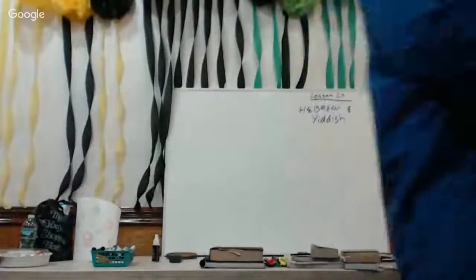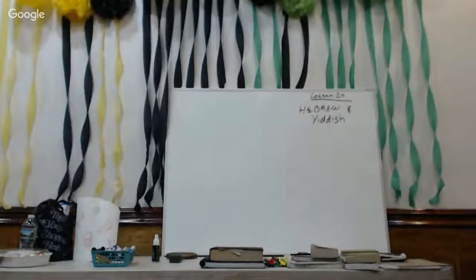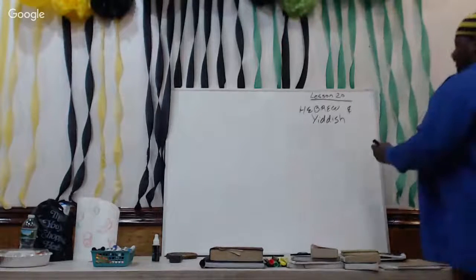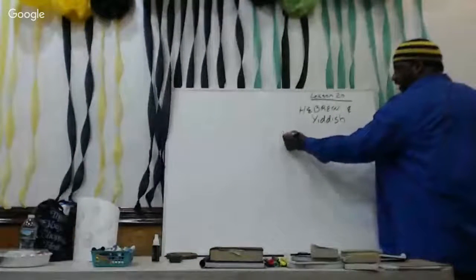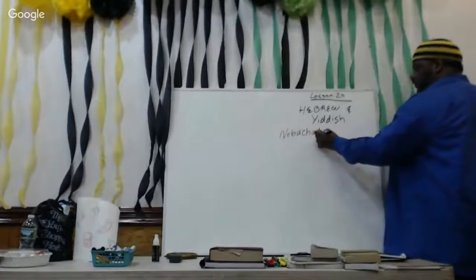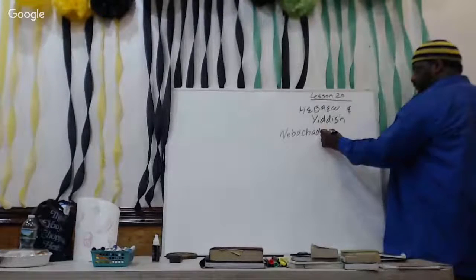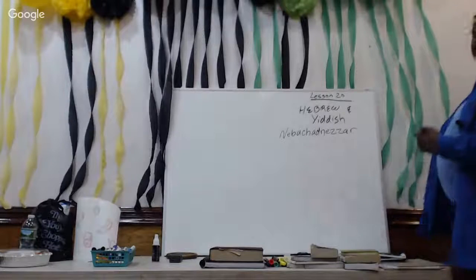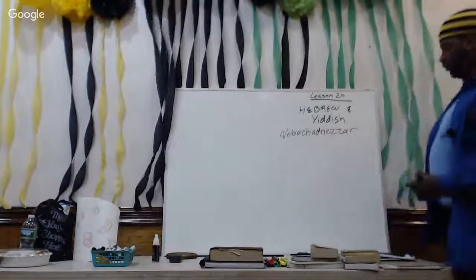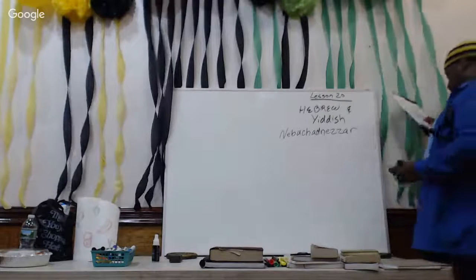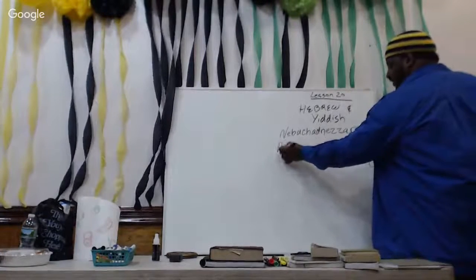Now, when you look in verse 3, we just read Jeremiah, the 28th chapter, right? In verse 3, you read of Nebuchadnezzar, all right? Now, this is how it's spelled in English, all right? Nebuchadnezzar. That is the English transliteration from the Hebrew, but the Babylonian, or his name, will be spelled as this,